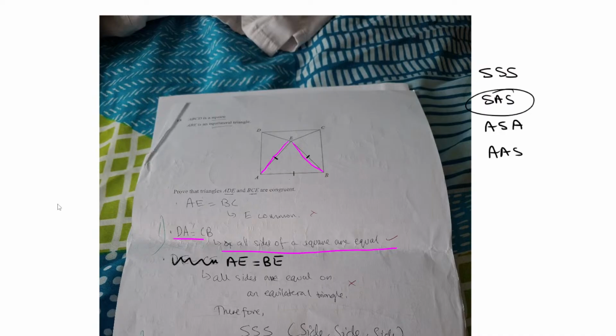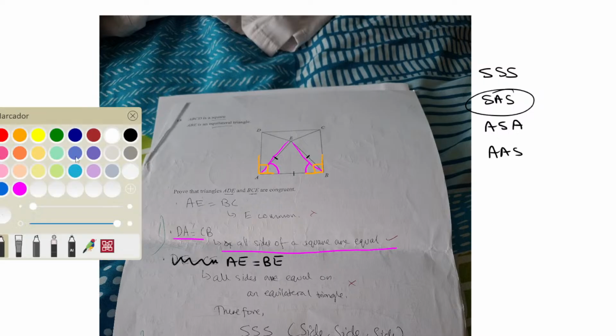What I'm thinking, based on the equilateral triangle, think about angles now. We know that those two angles are the same. I know that's not inside the other triangles, but those two are the same, aren't they? They're both 60. And then think about the square. So put all that information together. I'm going to try and use a different colour. We know that that's 90, don't we? So my logic would be, if I know the whole angle's 90 on both, and then I know that this part and this part, which is outside of the triangles I want, are both 60, then surely that guarantees